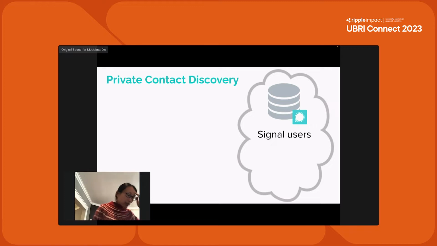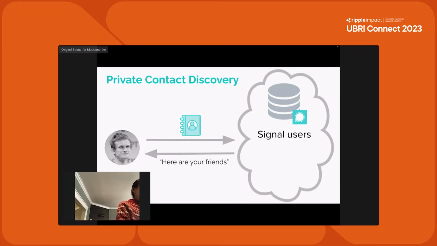Okay, so let's first look at Signal's story. Signal is a private messenger app. I guess many of you may be familiar with it. And they want to offer private contact discovery. And you must be familiar with contact discovery too, right? So when you sign on to Signal, they will ask you to upload your contact address book. And so they can discover which of your friends are also using Signal, and you can then connect with your